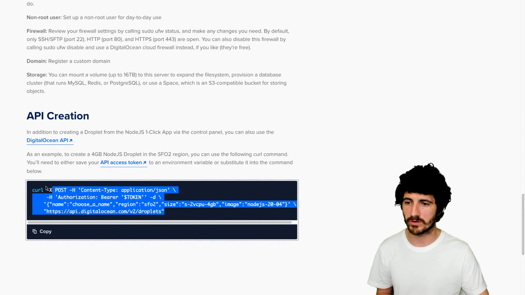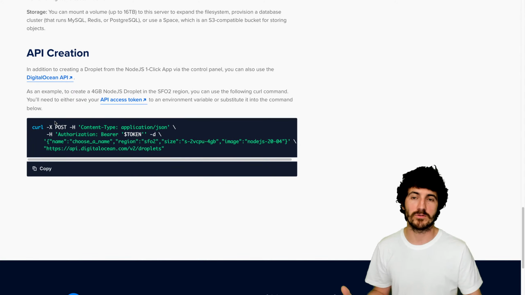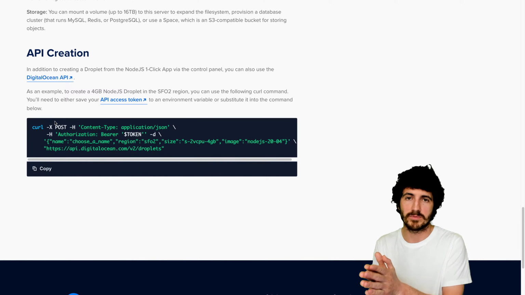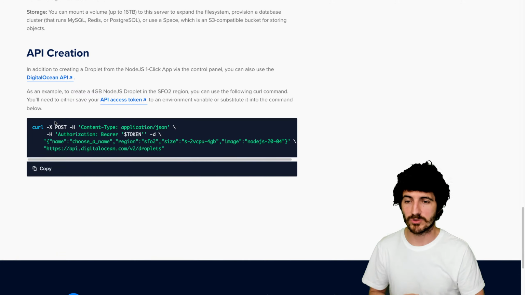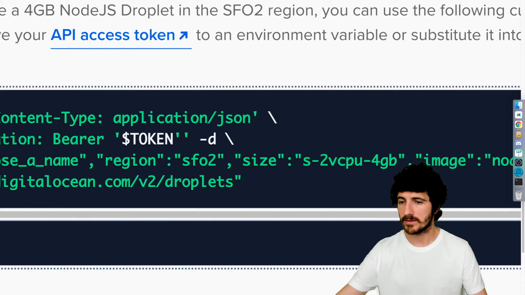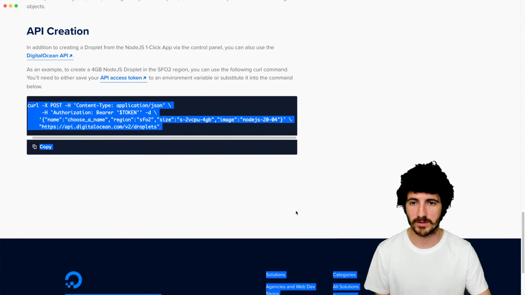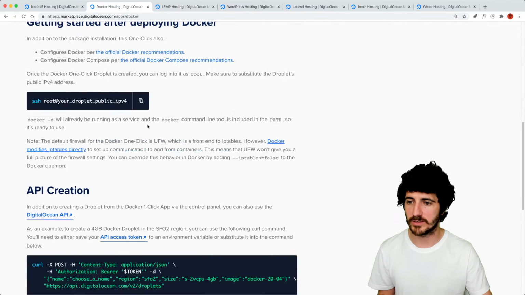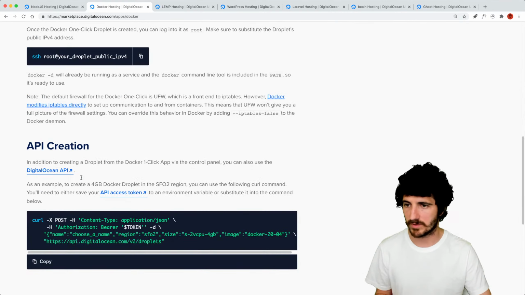Then there is a code here of how we can use the Droplets API that DigitalOcean provides via an HTTP REST API from curl to automatically create these droplets from the command line, right? So you will have to put your API key in here, so replace that value. And now that we're here, we're gonna start. I just wanted to show you that there are detailed instructions on how each of these ones are meant to be used, right?